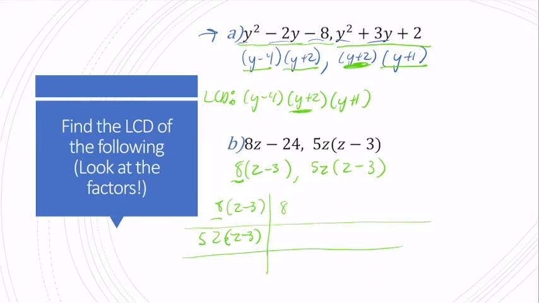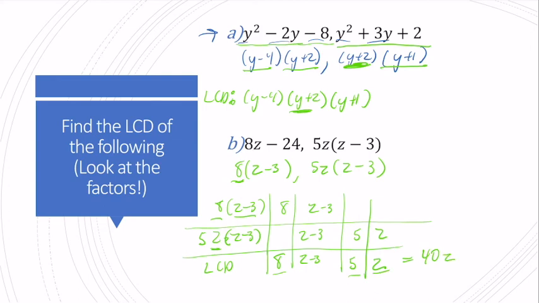So I have a factor of 8. I need a factor of 8, and I need a factor of z minus 3. For 5z times z minus 3, I need a factor of 5, I need a factor of z, and I need a factor of z minus 3. So the least common denominator is going to be 8 times z minus 3 times 5 times z. So 8 times 5 is 40, z times z minus 3. And like I said, we want to leave this